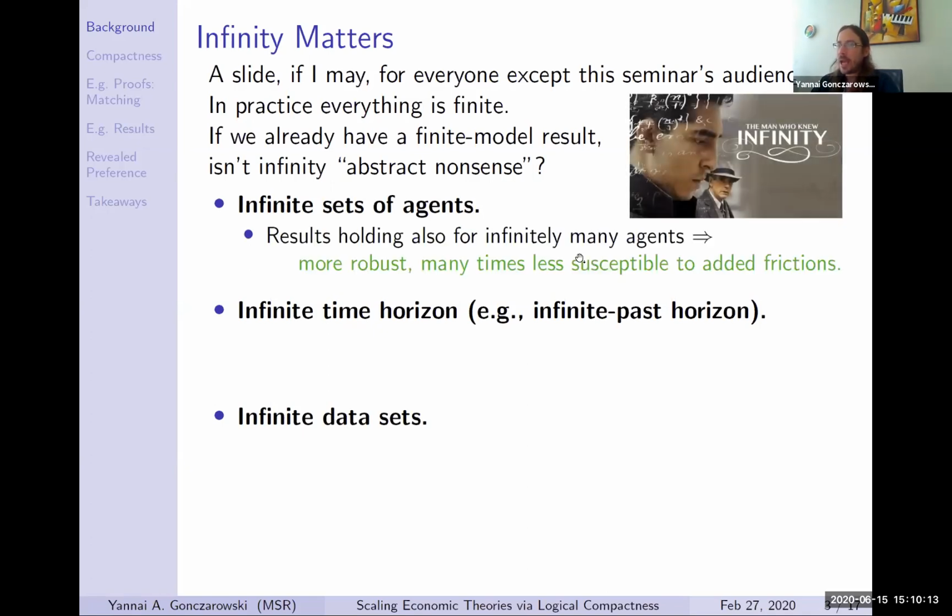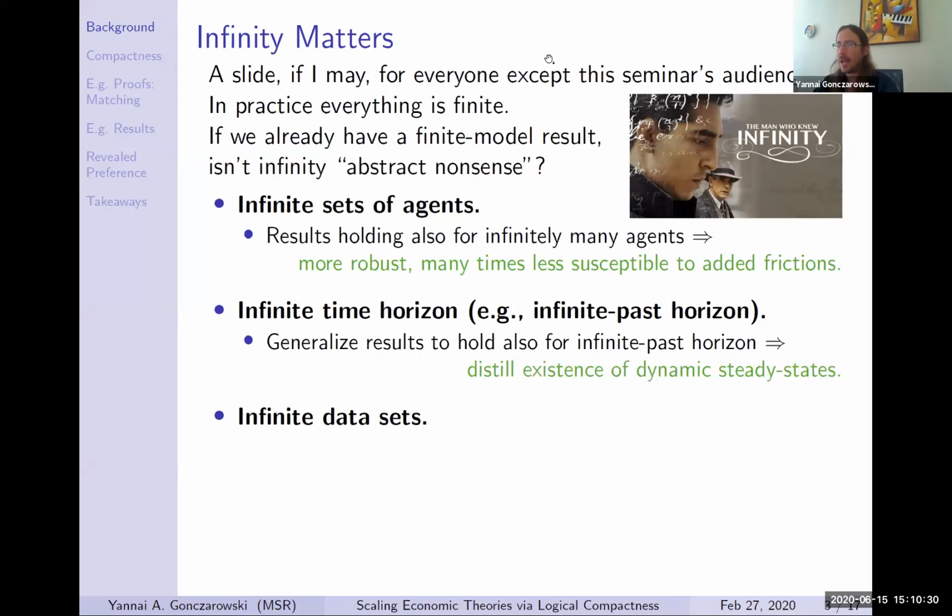And the answer is, it helps even if you're interested only in the finite case. Results that hold for infinitely many agents are inherently somehow more robust. They're many times less susceptible to added friction, and that's also the case for stable matching. We'll get to that. And generalizing results to hold for infinite past horizons helps us distill the existence of